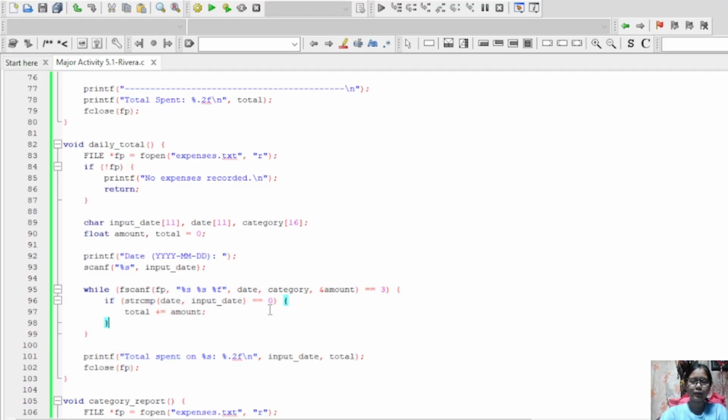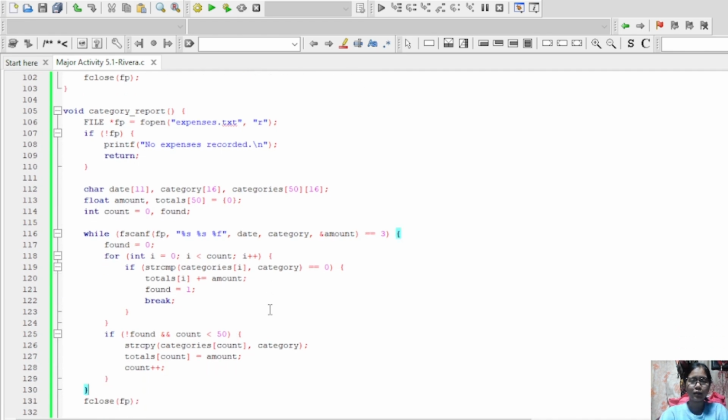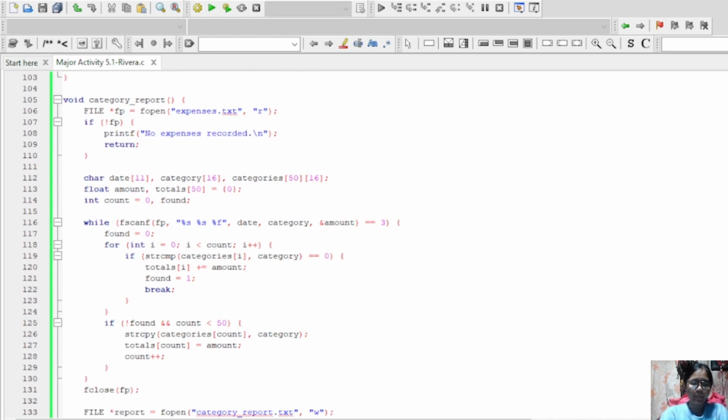Okay, let's go back again. For this line, the category report function creates a report showing total spending per category. I open the expenses file in read mode, and if the file can't be opened, I inform the user and return.